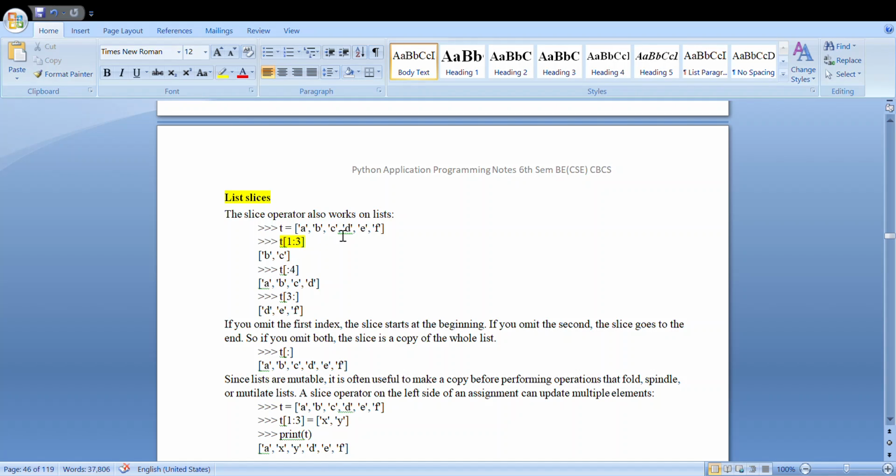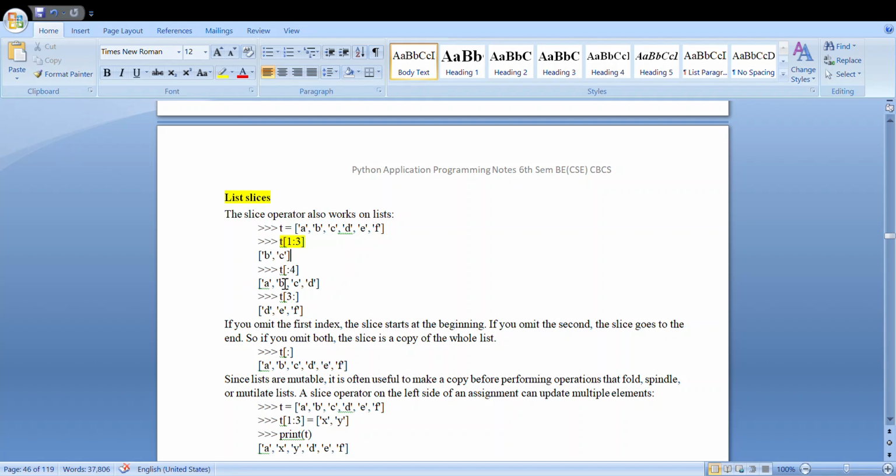So with 1 and 2 you will retrieve B and C. Slicing works in the same way. When you want to retrieve a selected part of the list, you can use slicing.